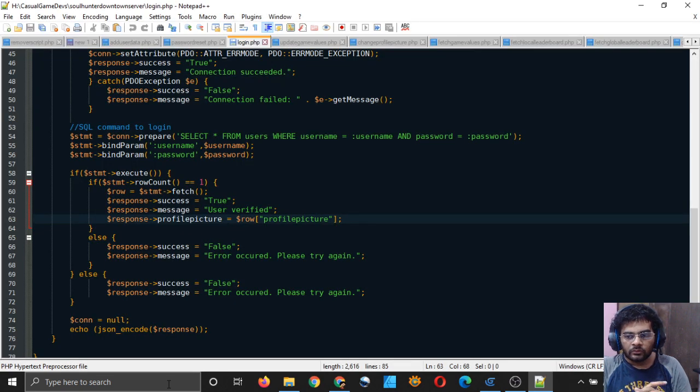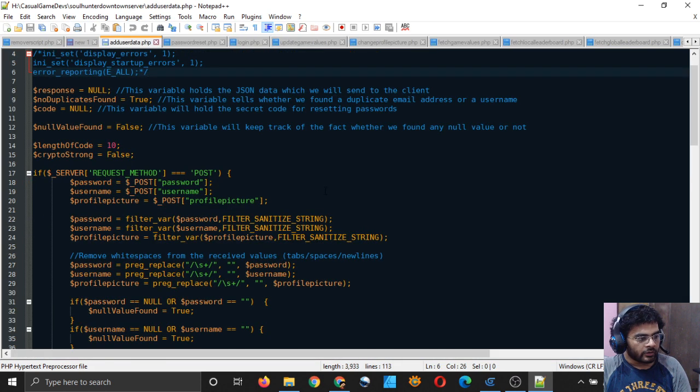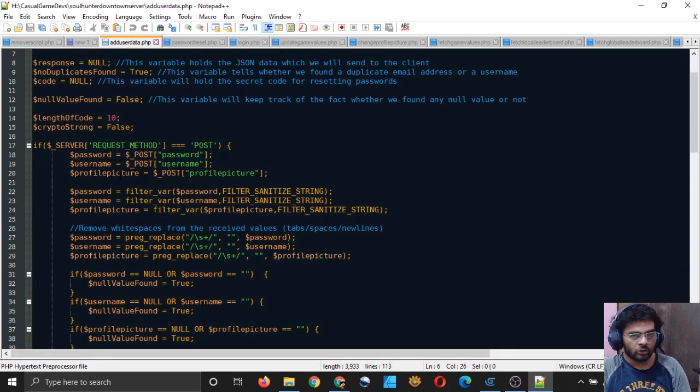So you can go to the add user data.php and see we are taking three things, not two things. We are taking the profile picture variable also, so we have to send a profile picture as well to the server. So let's do that right now.